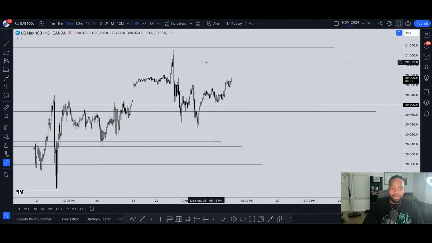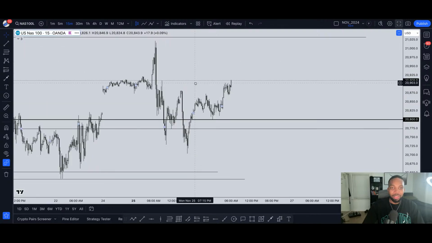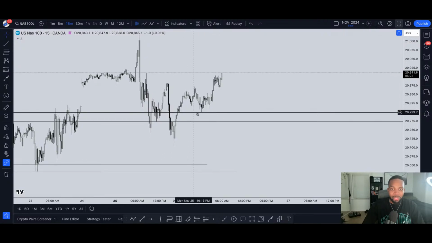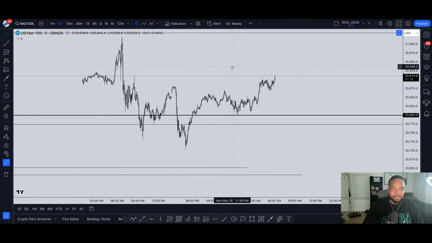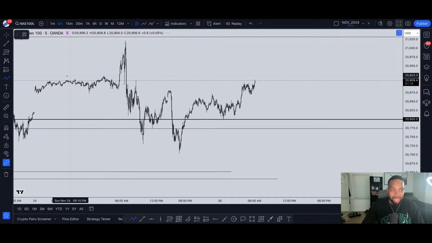So if we go down looking at current price action, I did see some setups. I saw one down here. There's also a current one here. Let's go down to the 5-minute just to make it more clear. For anyone who's selling, maybe you're like, nah, I'm selling NAS. You have all this liquidity, right? Support, resistance, boom, sweep above the highs and then break beneath the lows. And then we retested right here and then sold off.